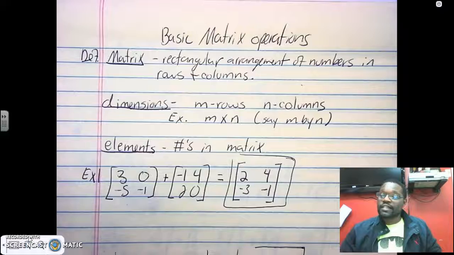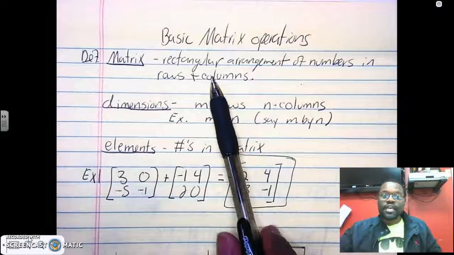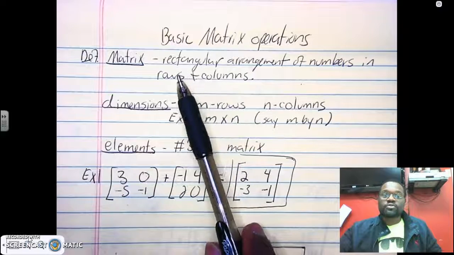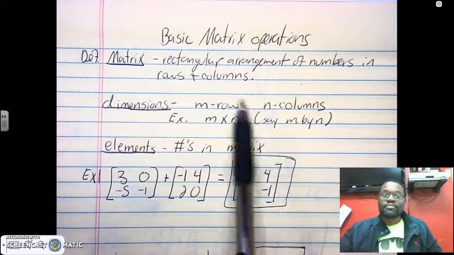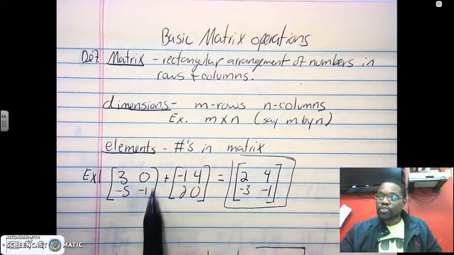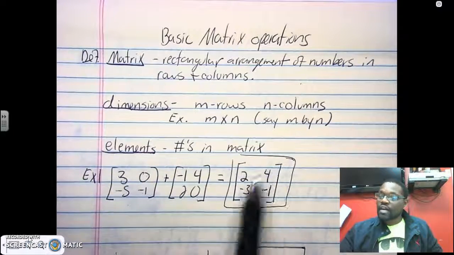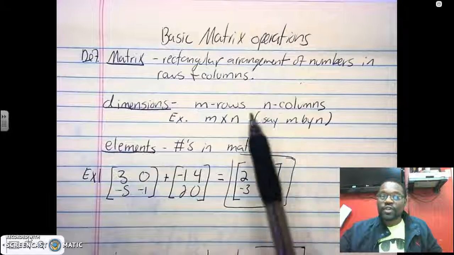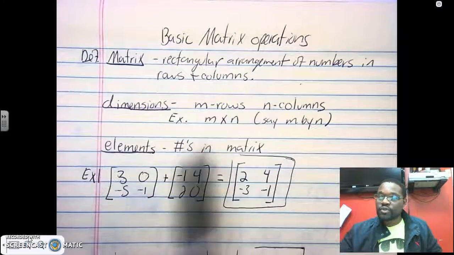We're starting matrix, or matrices if it's more than one. It's basically a rectangular arrangement of numbers in rows and columns, and we call those rows and columns dimensions. The way we name them is by their dimensions. This is called a 2 row by 2 column. The rows are horizontal, the columns are vertical. And so m by n, that's not times, m by n or 2 by 2 is how you would call